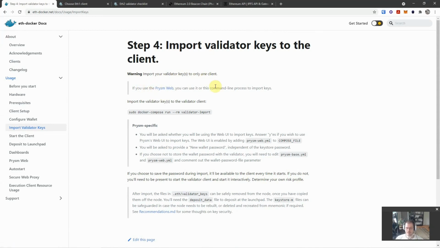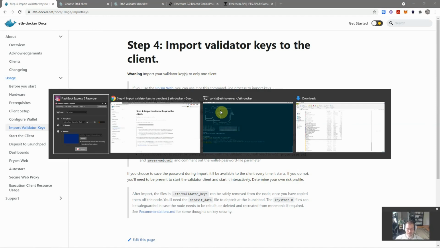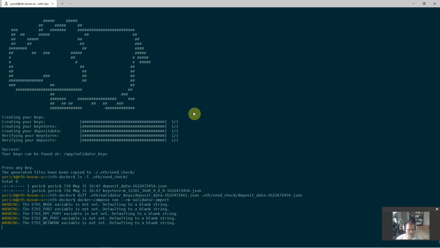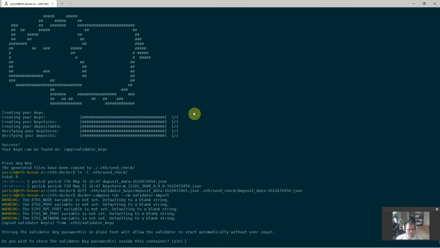With Prysm Web, you can actually import this with the Prysm Web UI, which I'm not showing here. So all I'm going to do is run docker compose run --rm validator import. I don't need this sudo command here. I mentioned this one time earlier because my user is actually part of the Docker group. Okay, so now it copied the validator keys over to Teku and is asking me,